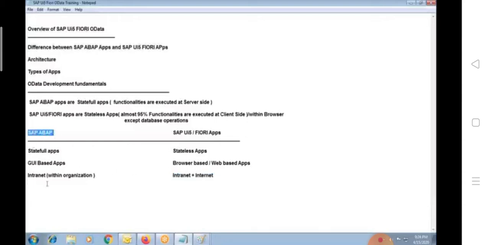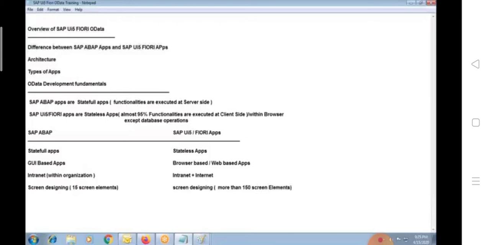And in case of normal ABAP applications, for screen designing, we have a maximum of 15 screen elements like table, drop-down, checkbox, button. So there are very limited screen elements in ABAP development for ABAP screens. But in case of UI5 Fiori, we can develop the screens with the help of 150 screen elements, or more than 150 screen elements.